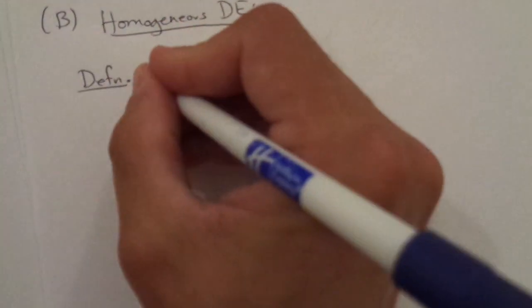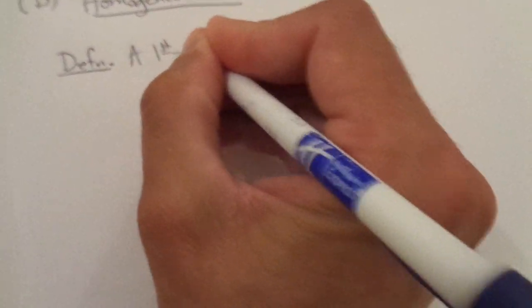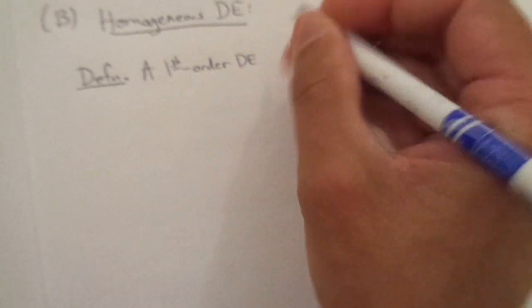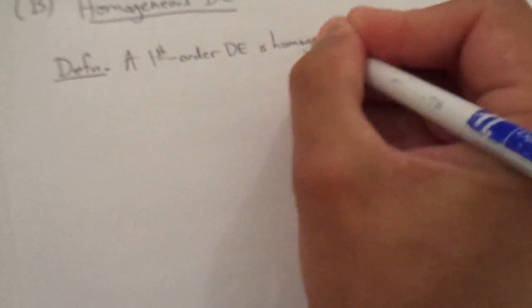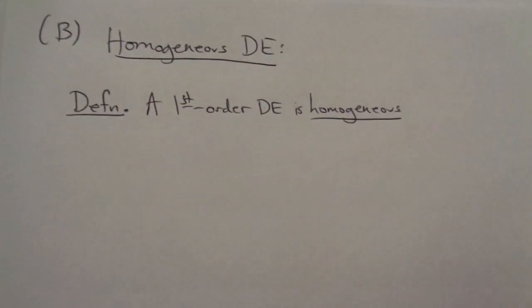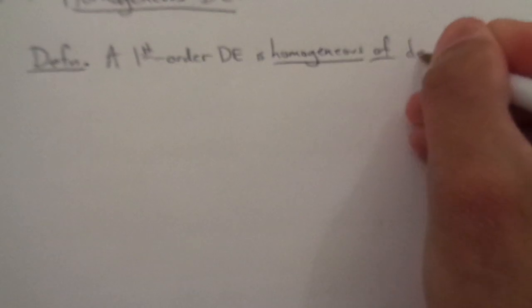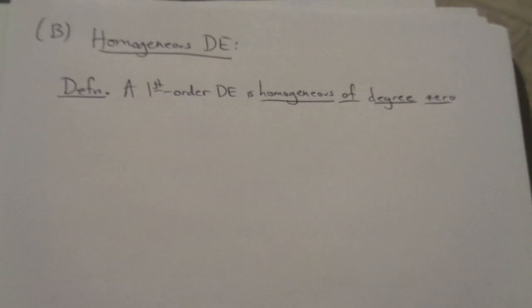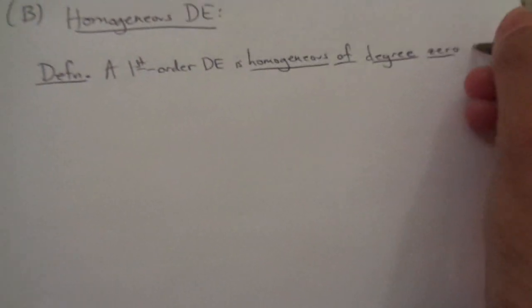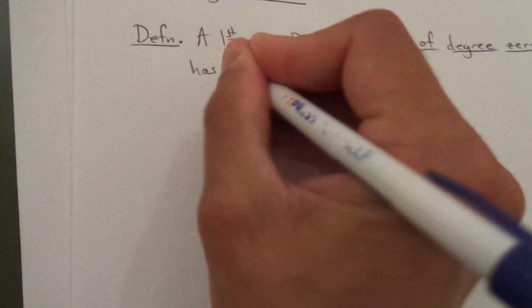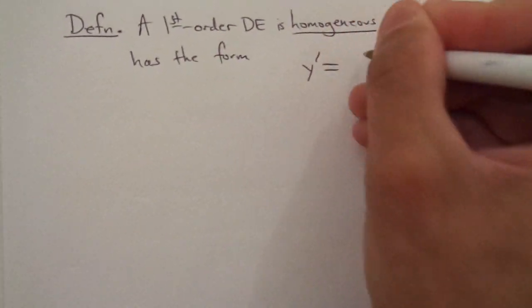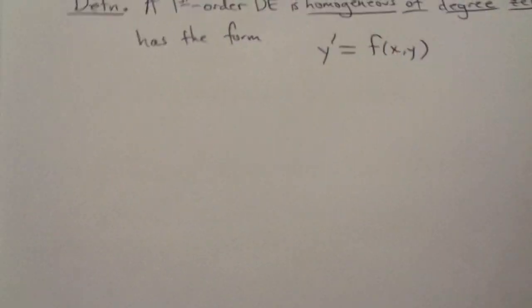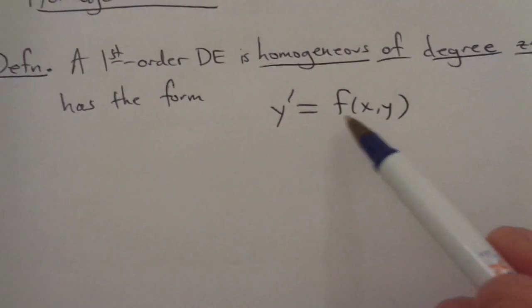I first want to explain what I mean by a homogeneous differential equation. So I'm just going to point it out this way. A first order differential equation is homogeneous of degree 0. I don't always say all of those words. I'll just say homogeneous sometimes. If it has the form y prime. So in other words, if you get the y prime by itself,